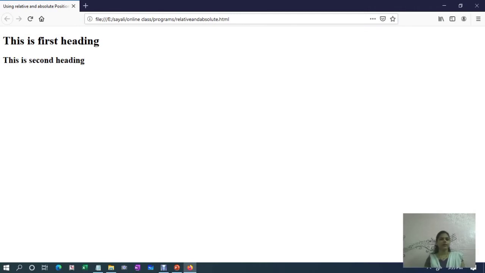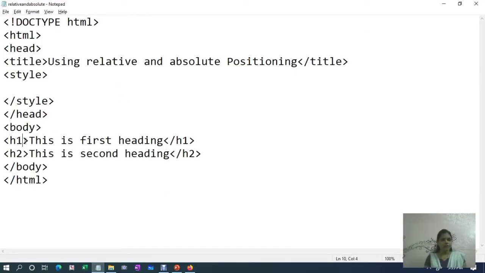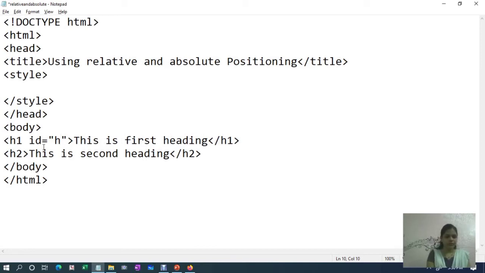Now we have to provide a styling to this. So for that, suppose we want to have a styling to h1 tag as a relative styling, then you can provide here. Suppose we use an attribute id is equal to heading.